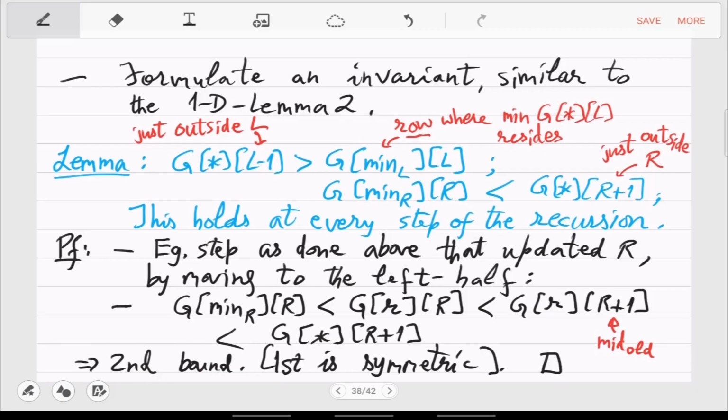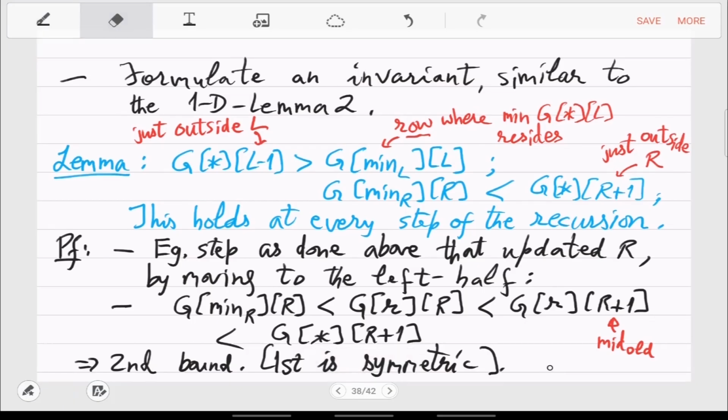So in that case, the inequalities are true vacuously. In other words, you can initialize the L minus 1 thing to infinity and the R plus 1 thing to infinity. So vacuously they are true, and the base case is definitely true. When you do the induction step, then you come inside further, and then this proof kicks in.